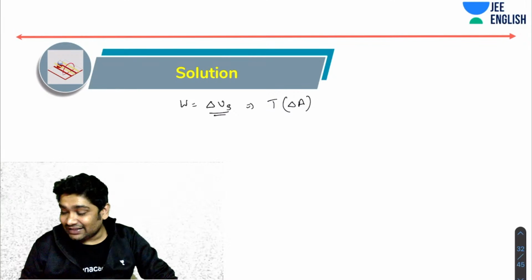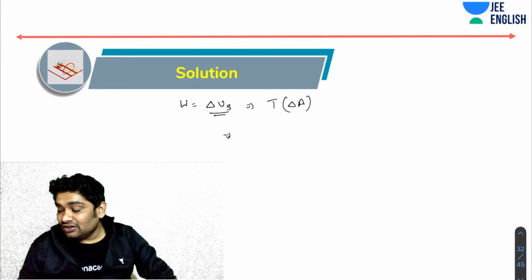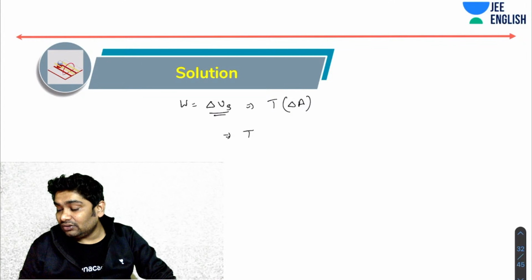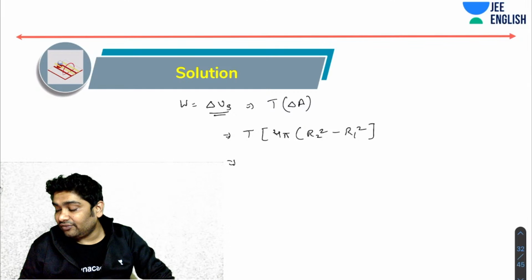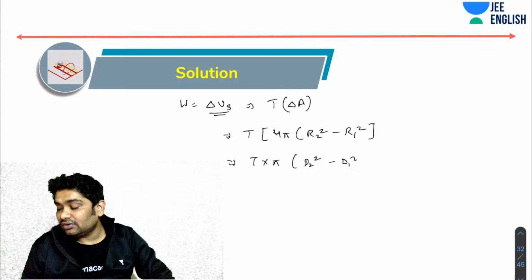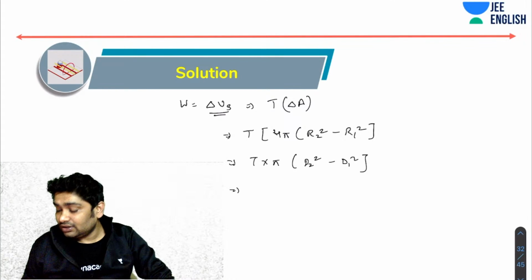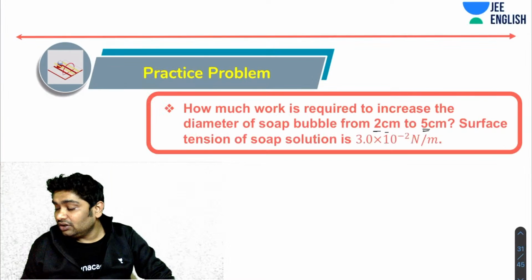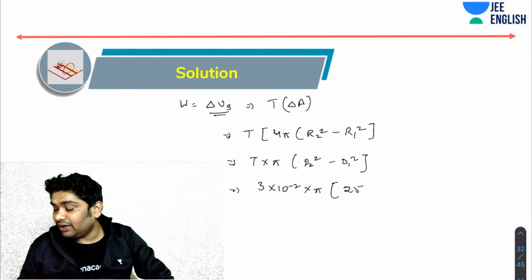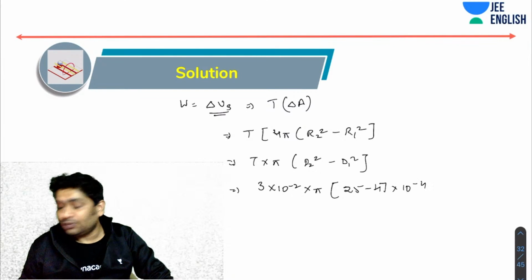तो चेंज इन सरफेस एरिया है, दैट्स इट, तो दैट विल बी द वर्क रिक्वायर्ड। तो वर्क रिक्वायर्ड कितना हो गया, T इंटू 4 पाई R2 स्क्वायर माइनस R1 स्क्वायर, या फिर हम कह सकते हैं T इंटू पाई D2 स्क्वायर माइनस D1 स्क्वायर। सो कितना हो गया, सरफेस टेंशन का फोर्स हमें दिया था 3 × 10⁻², इंटू पाई इंटू D2 स्क्वायर माइनस D1 स्क्वायर, सो 525 माइनस 4 इंटू 10⁻⁴।